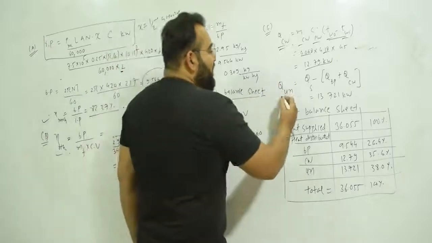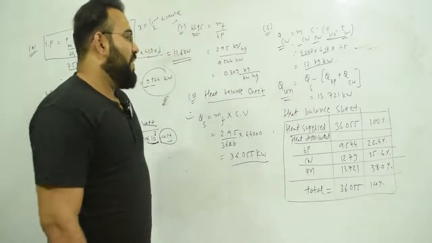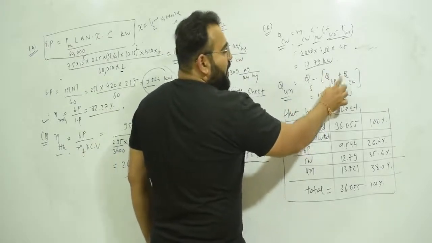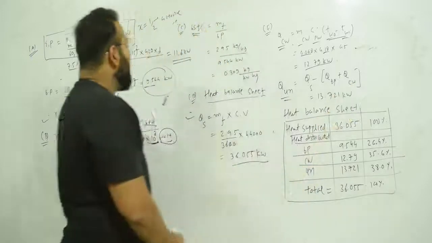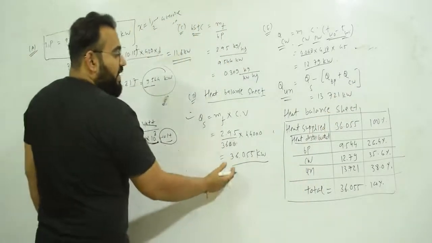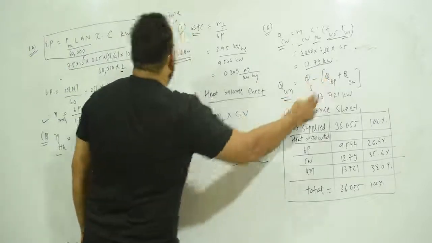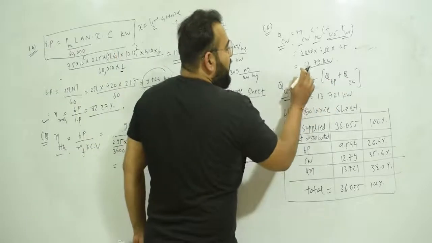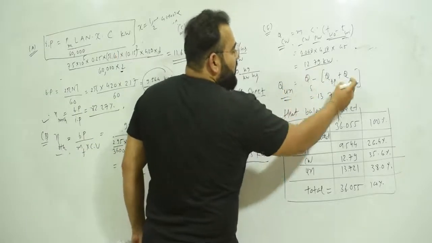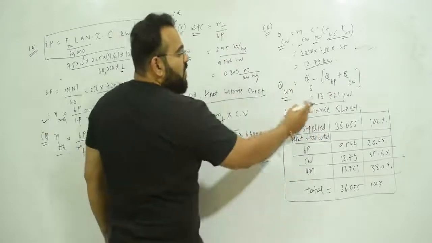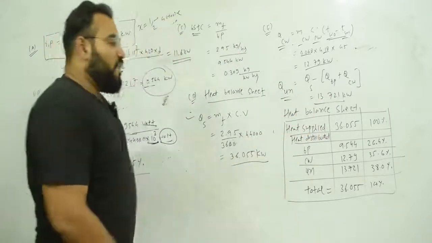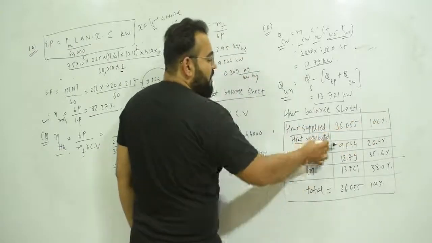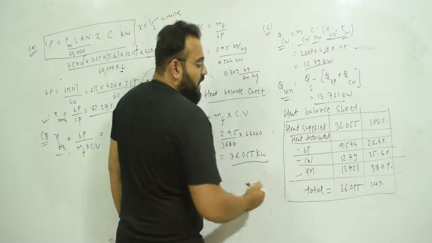Now the next thing we will find is unaccounted heat loss, which is heat supplied minus heat converted into brake power plus cooling water losses. Heat supplied we have found here is 36.055, minus brake power, which we have already found as 9.544, plus cooling water losses of 12.79. Whatever will be the unaccounted heat loss, which is 13.721. So now you know how to make the heat balance sheet. First you will have heat supplied, the 100%, then heat distributed: braking power, cooling water, and unaccounted.